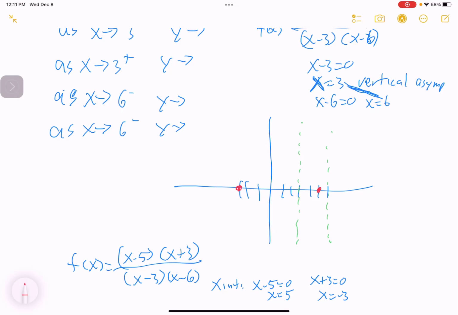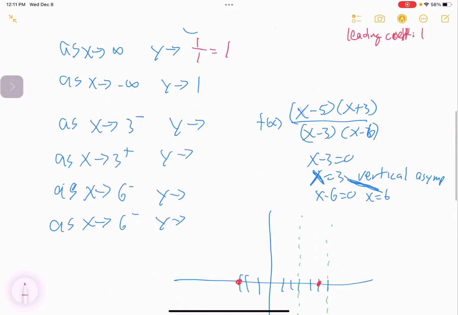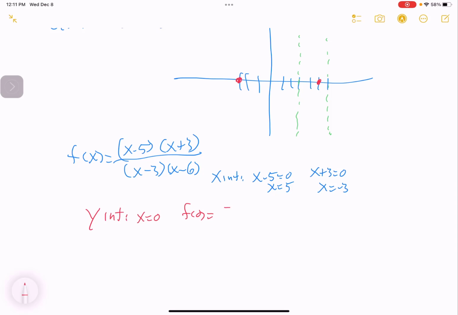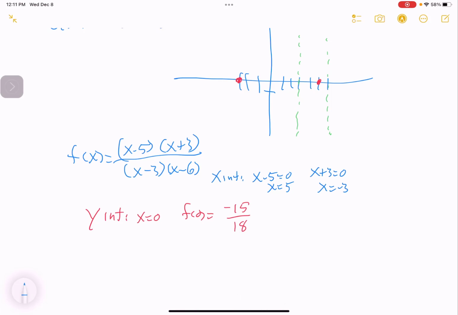And we can find the y-intercept. That'll be helpful too. The y-intercept occurs when x is 0. So that's going to be f of 0, which, if we go back to our original function, is easiest to see: negative 15 over positive 18. So that means we have a y-intercept somewhere around here. It's going to be just under 1. So it must be coming along like this,